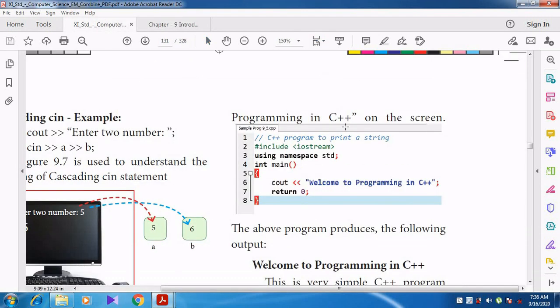See here in your book, they have given a semicolon. Why have they given a semicolon? Because that is an executable statement. Each and every executable statement should be terminated by a semicolon.